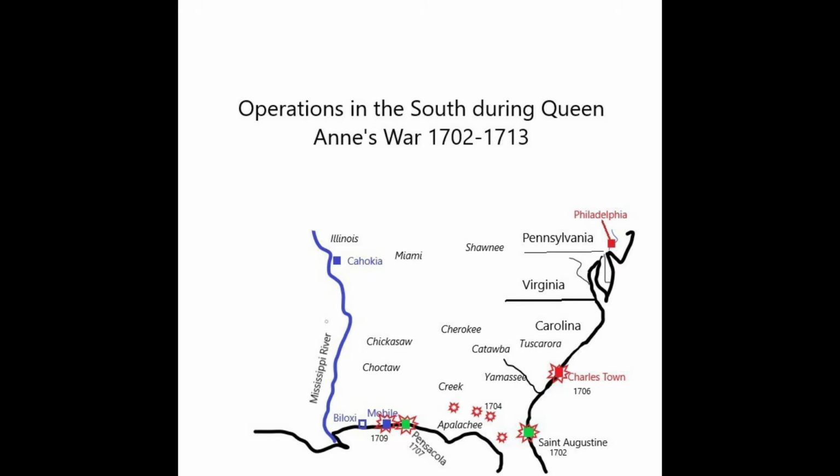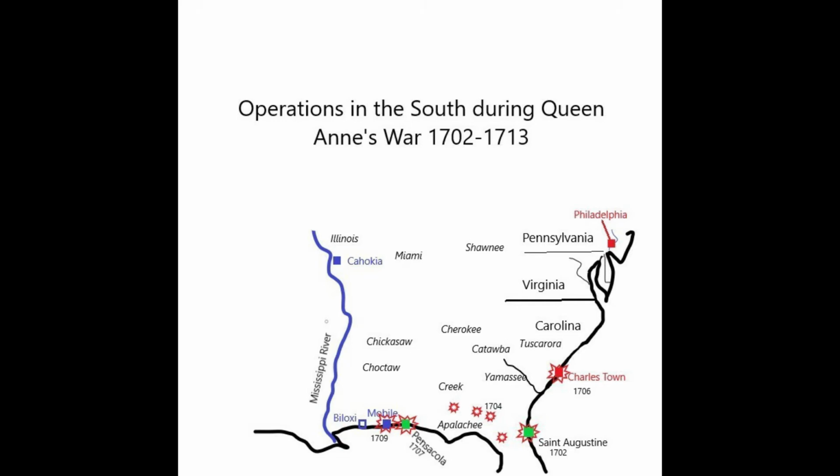They were bitter enemies, but the French wanted to have alliances and trading with both. The war in the South opened in 1702, the same year that the war actually started in Europe, when 500 Carolina militia and troops and 300 Allied Indians and 14 ships attacked St. Augustine in Florida. This force succeeded in destroying the town, but they couldn't capture the fort, and when a Spanish relieving force showed up, the English had to call off the attack, so that other than destroying the town, they